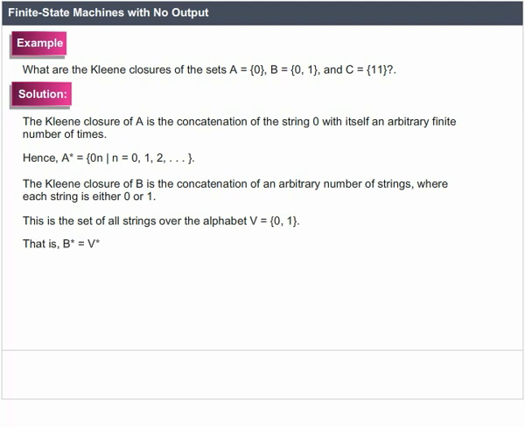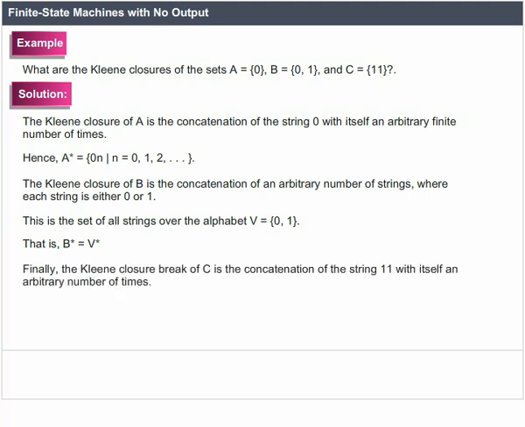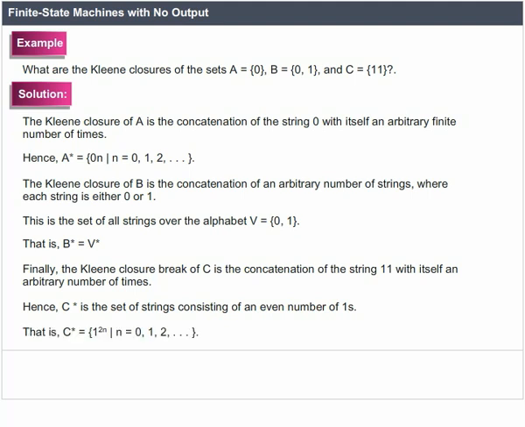Finally, the Kleene closure of C is the concatenation of the string 11 with itself an arbitrary number of times. Hence, C star is the set of strings consisting of an even number of ones. That is, C star equal {1^(2n) | n equal 0, 1, 2, etc.}